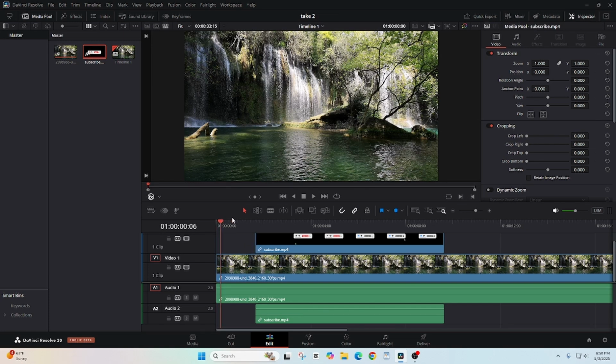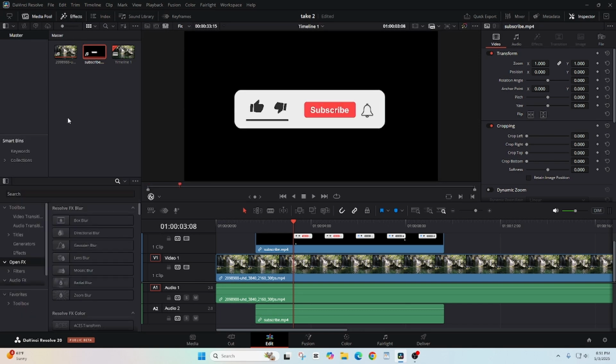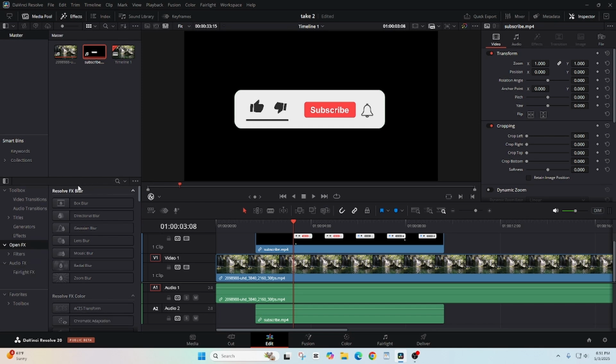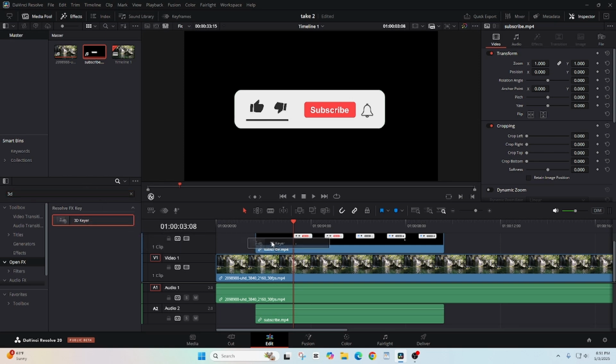Now if I put the playhead over that subscribe button, we can see that it's black and we can't see the river behind it, and that's what we want. We want it to be opaque in this black area. So all we have to do is go up here to our effects tab, click on open effects, and search for 3D keyer. Simply type 3D and it should come up. Now we drag that 3D keyer onto our subscribe button clip and simply let go,